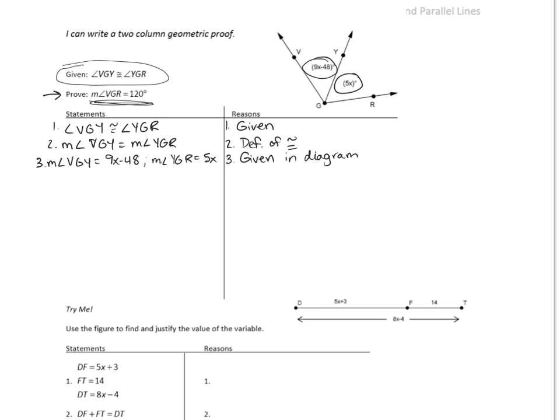Now, I can make a beautiful little substitution by placing these values into this equation I wrote right here in my fourth step. So I end up with 9x minus 48 equals 5x through the substitution property of equality. And I'm now going to solve this equation for the next few steps. I'm going to subtract the 9x to get that negative 48 equals negative 4x with my subtraction